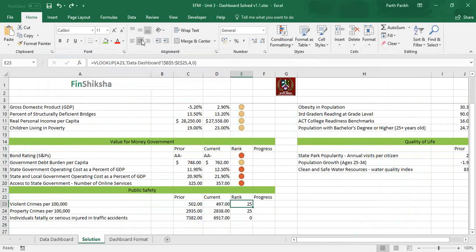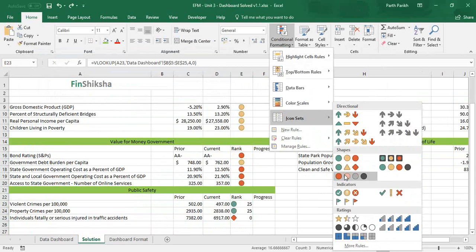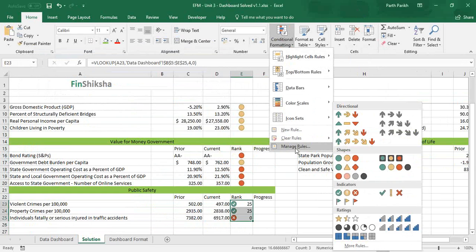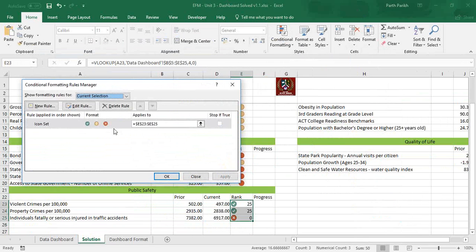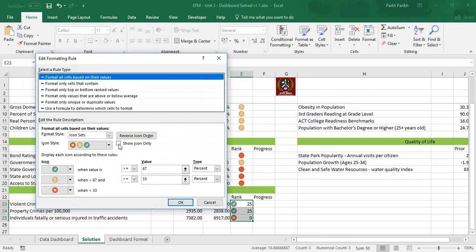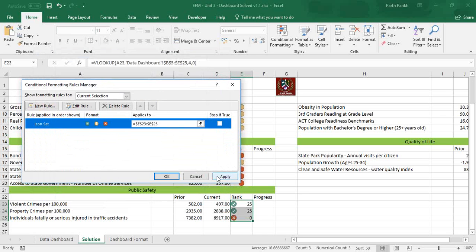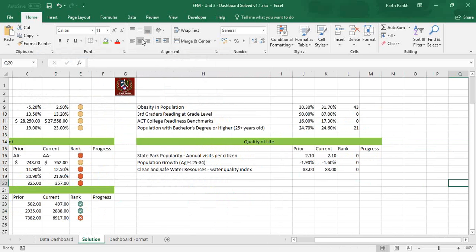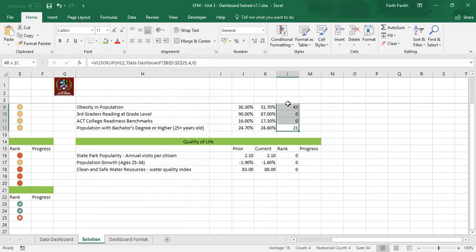However, I am not deleting it. Same thing we can apply over here. Click on icon sets. Use different types of indicators here. I have started using different types of indicators here. Click on manage rules. You apply over here. Show icons only. I am keeping this only as percentage. So that's fine. That's my wish. And that's fine. Similarly, over here as well.